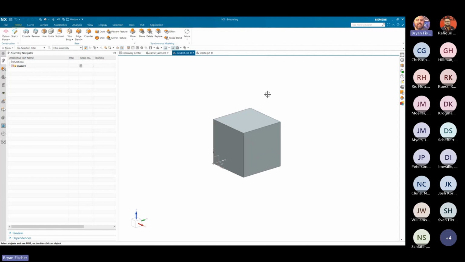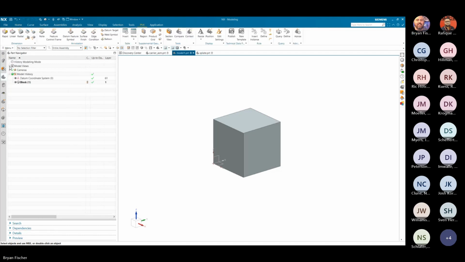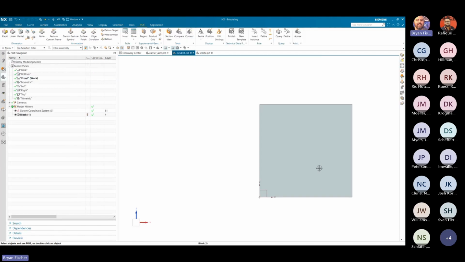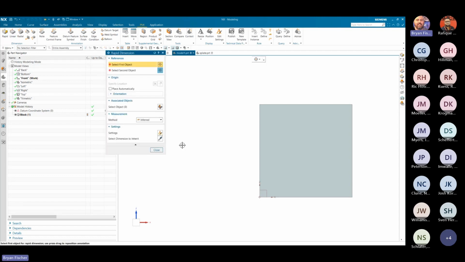And let's say somebody came in and said, we want to change the distance of this. But before I do that, I'm going to add some PMI to it. Anybody that's not familiar with PMI, it's product manufacturing information. It's a pretty nice little tool to have. It helps you eliminate 2D drawings eventually once you get used to it. What I used to use it for was placing my datums, and when I placed the datums, I'd hand it off to my detailer and they knew exactly what the important faces were. But in this case, I'm just going to put a dimension